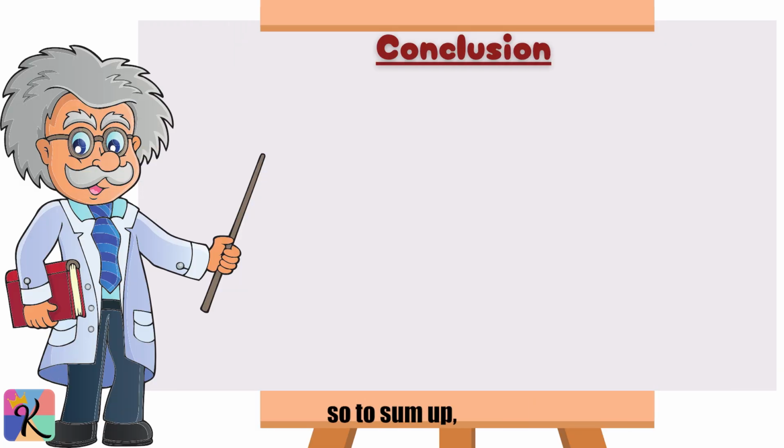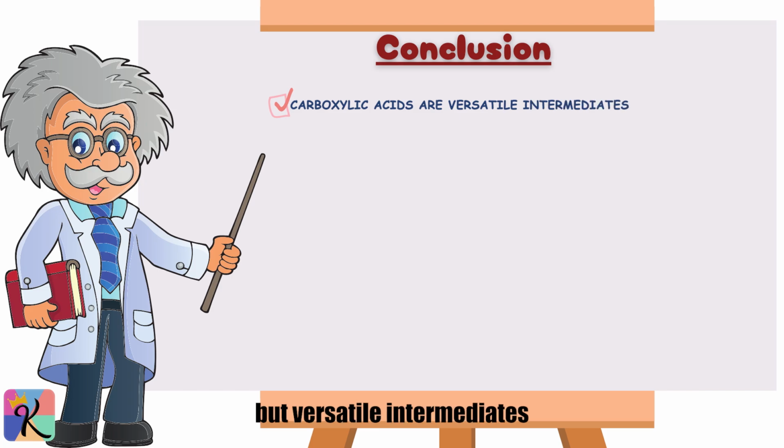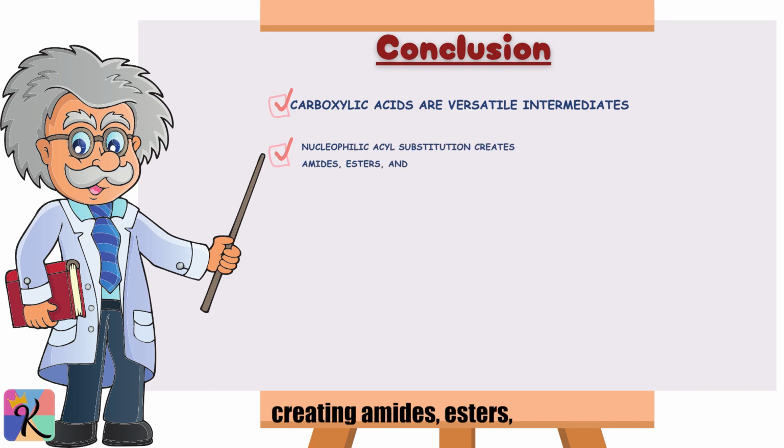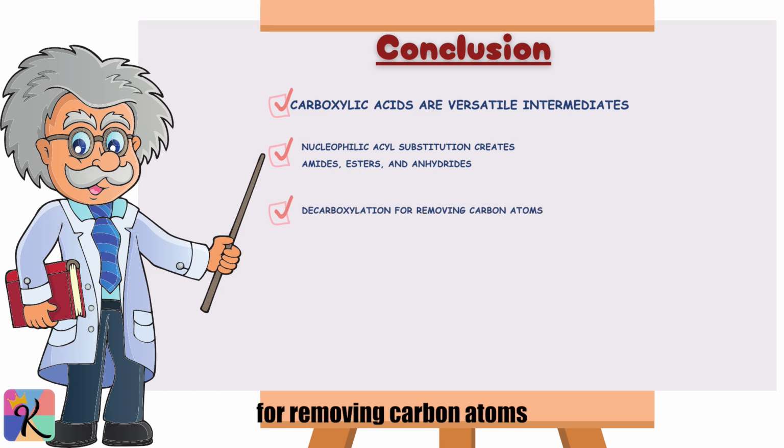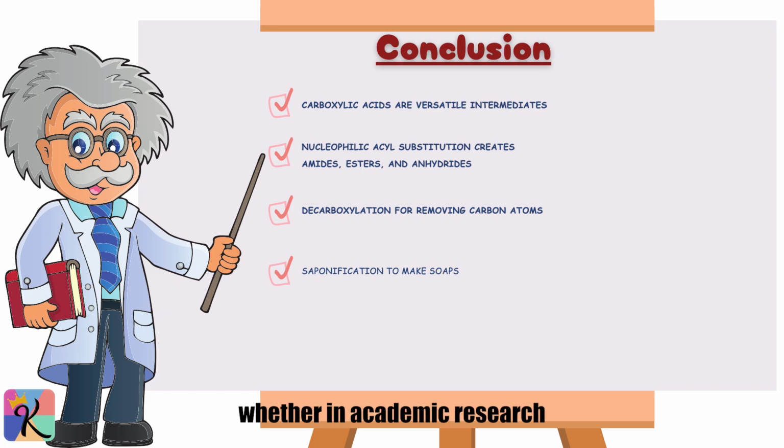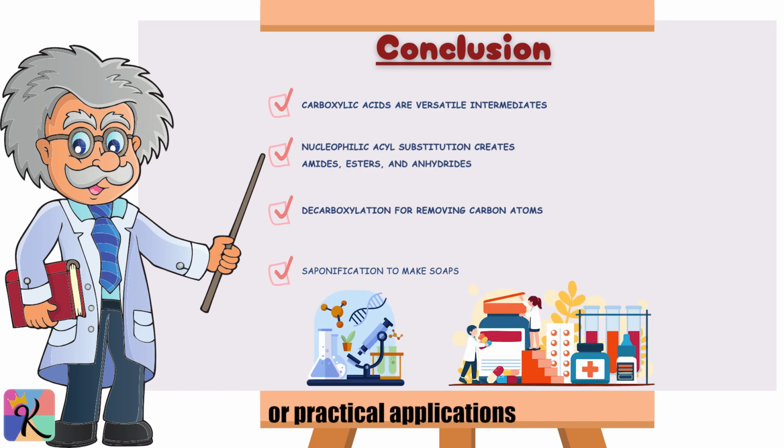Alright, so to sum up, carboxylic acids are not just simple organic compounds, but versatile intermediates in many chemical reactions. From nucleophilic acyl substitution creating amides, esters, and anhydrides, to their reduction into primary alcohols, decarboxylation for removing carbon atoms, and even their role in saponification to make soaps, carboxylic acids are truly multifunctional. Understanding these reactions is essential for anyone delving into organic chemistry, whether in academic research or practical applications like medicine